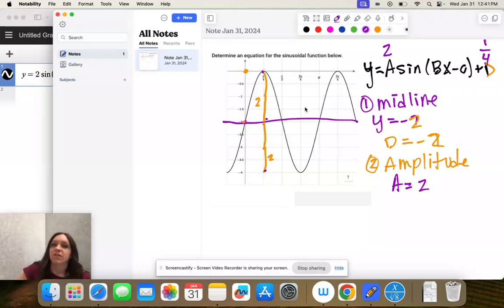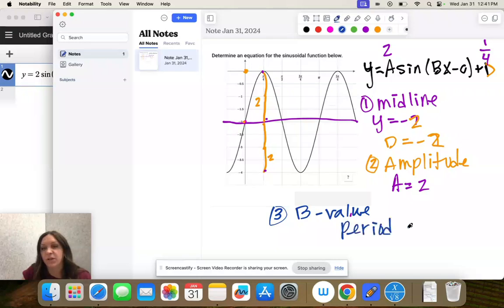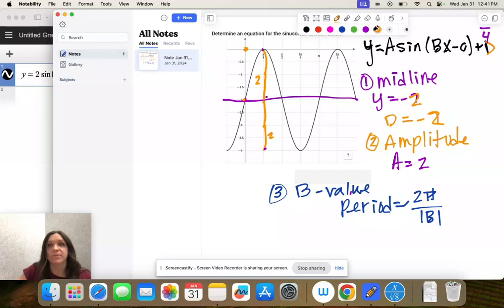Okay. Third thing we want to find is our B value. And we get that from the period, because the period is 2 pi over B. Absolute value of B, if we're speaking technically. So the period is when we repeat. I like to go from maximum to maximum because that shows me it's going to start repeating again. It's cyclical, just repeats. It's a wave. So what we do is we take the larger value